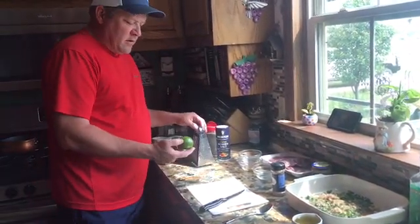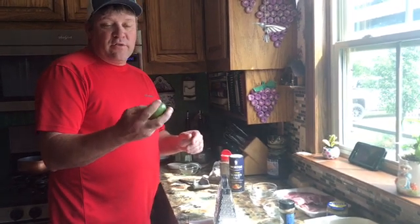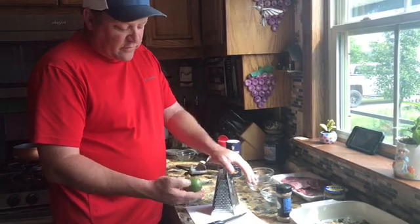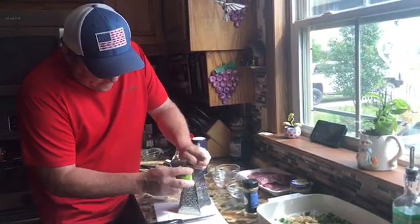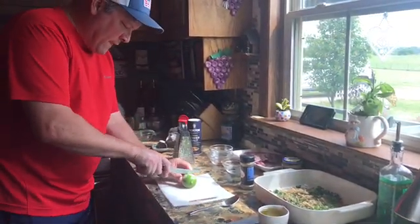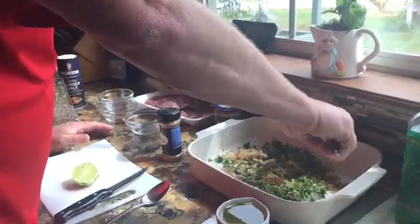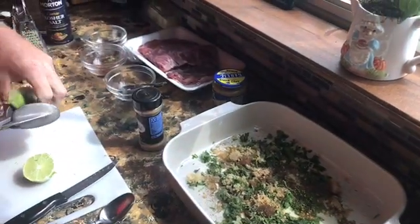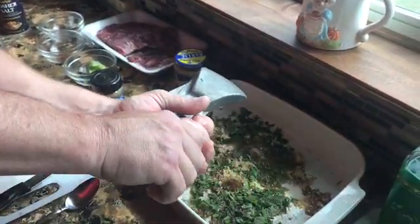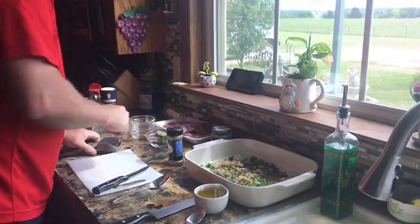And the zest and the juice from 1 lime. If you keep your limes at room temperature, they'll produce more juice. If you've kept them in the refrigerator, you could either set them out or pop them in the microwave for a few seconds. So I'm going to zest the skin of this, and then I'm going to cut it in half, and then we're going to squeeze it in there. And we'll be back in a minute. All right, we'll squeeze this in here. That's 1. 2. Whoops. And I forgot, we're going to do 1